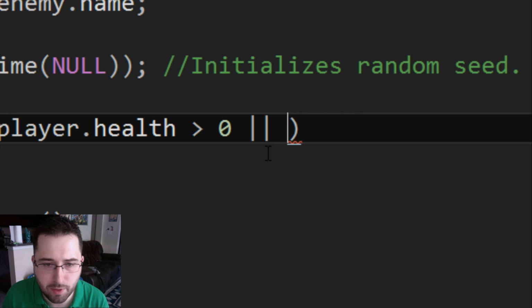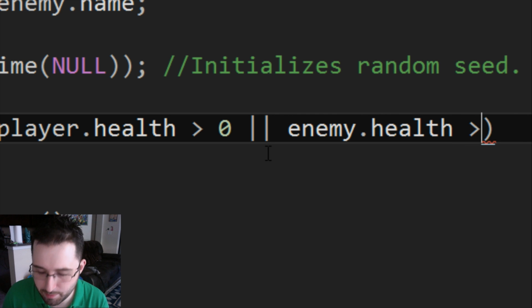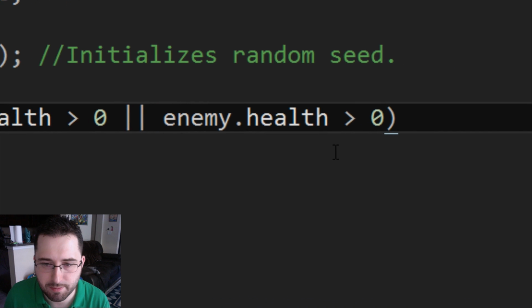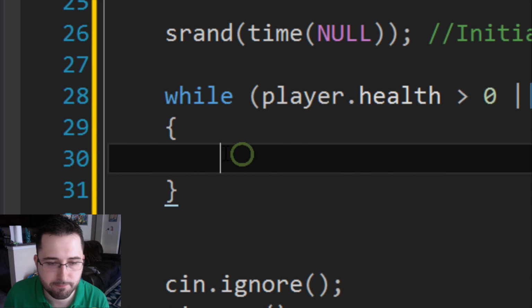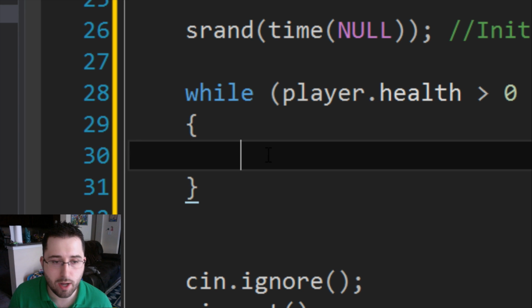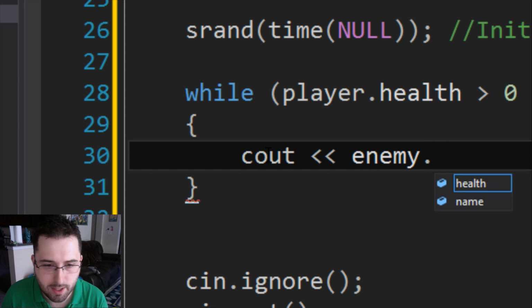While player health is greater than 0, or enemy health is greater than 0, perform an action. We'll put some curly braces here. The action that we're going to have our while loop do is we're going to say cout enemy dot name,